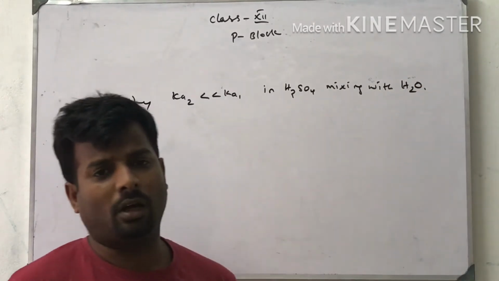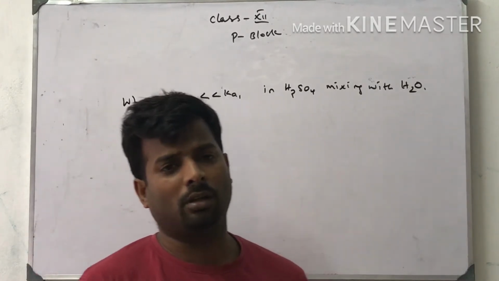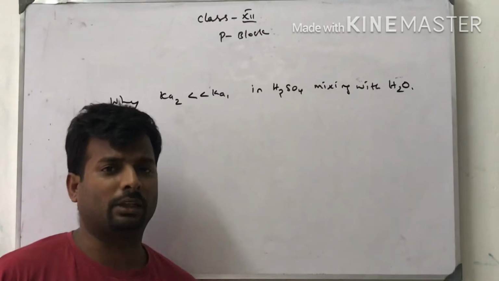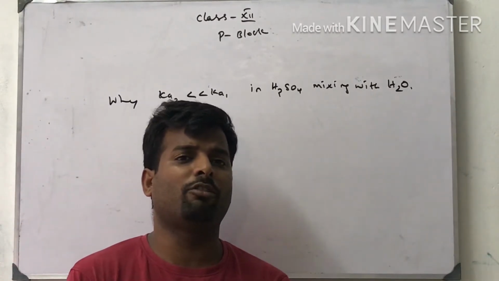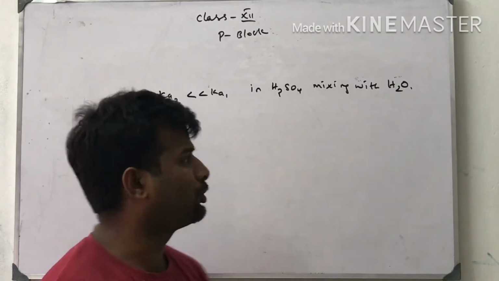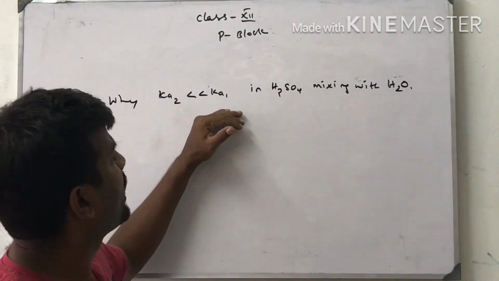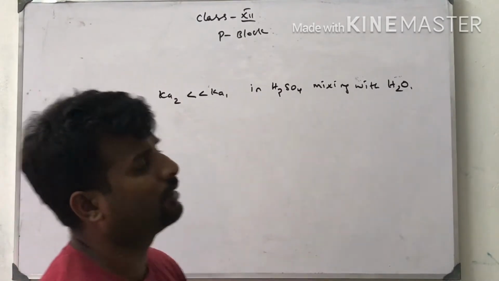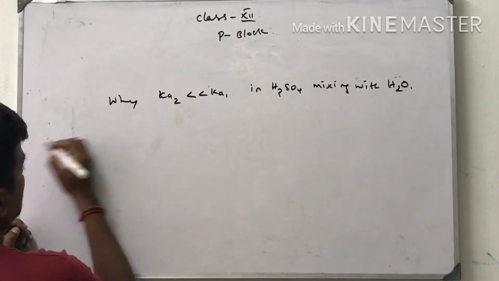This type of question comes a lot in the board exam and model exam. So we have to practice these questions, concentrate on assertion, why, when, what, like that type of questions. So the question is, why is the Ka2 value far less than Ka1 in the mixing of sulfuric acid in water? That's the question. The answer is